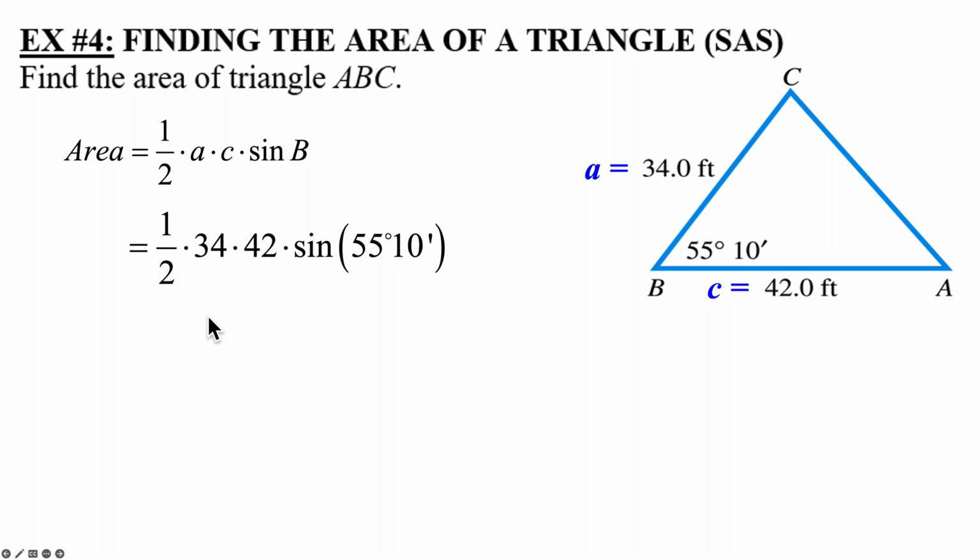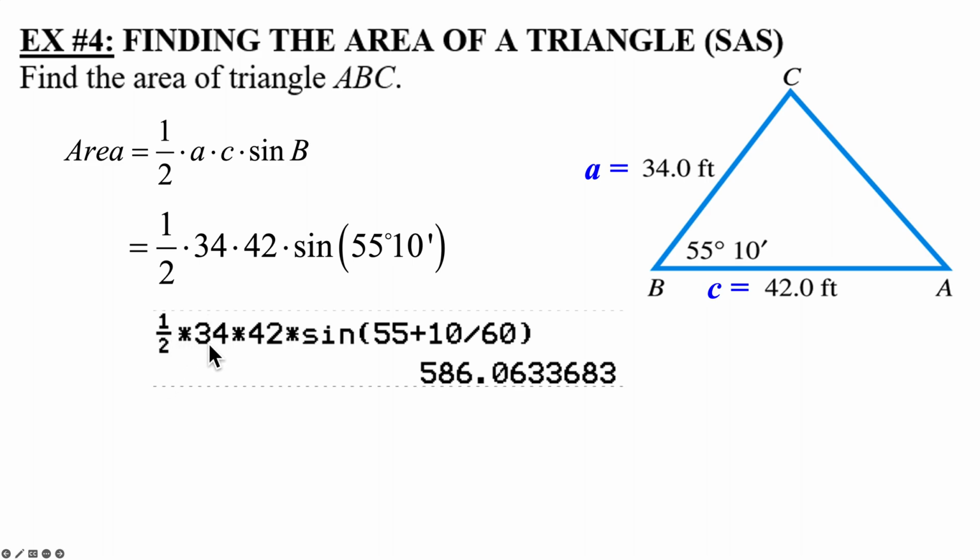And I go to my calculator. 1/2 times 34 times 42 times the sine of 55. Again, this is the quicker way to enter degrees and minutes. If you're in the degree mode of your calculator, you just type this in as 55 plus 10 divided by 60. There's 60 minutes in 1 degree. And that gives me